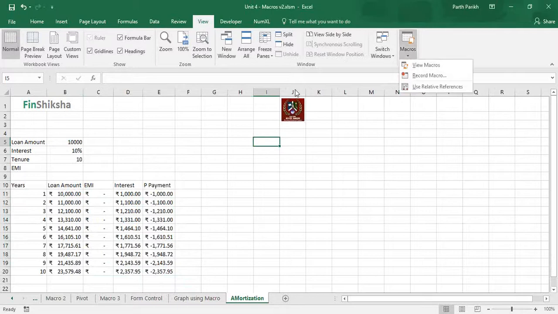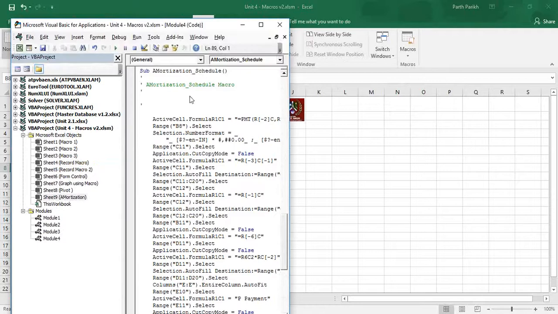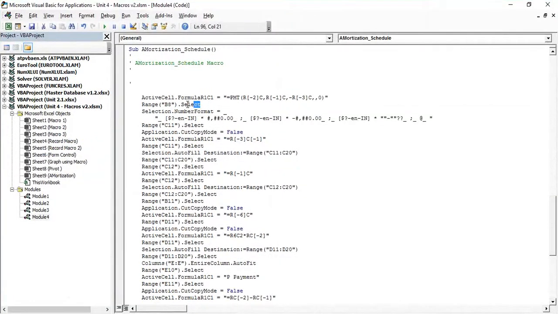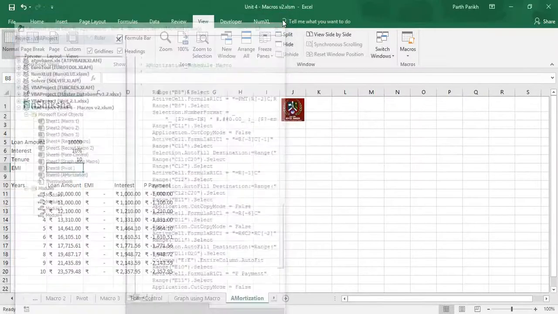Irrespective of whichever cell I am in, I have to come back to this cell to write the formula. So there is a code for that, which is Range("B8").Select. Now let's try and run the macro.